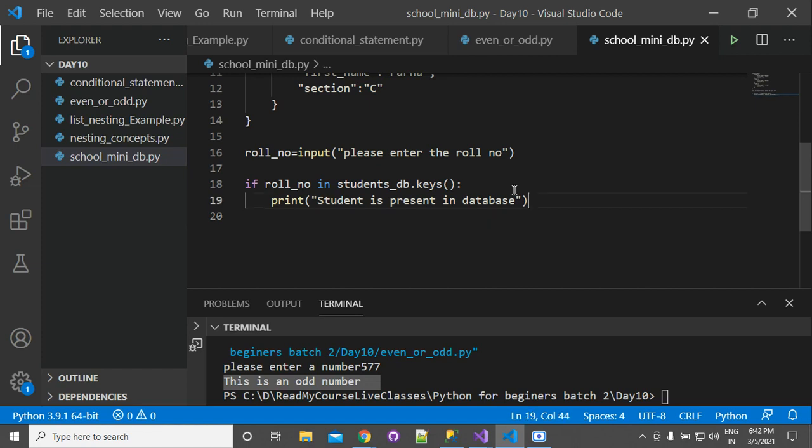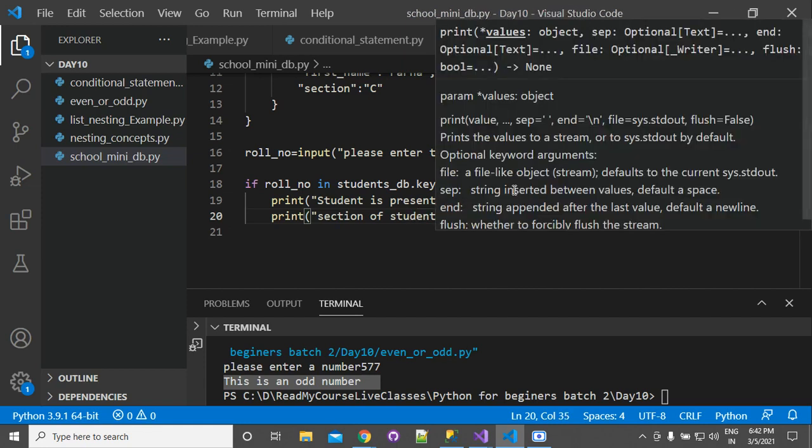Okay, and next we will print here: section of student is. Now we can write here